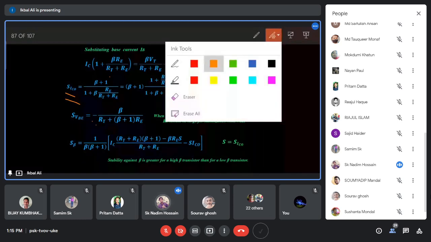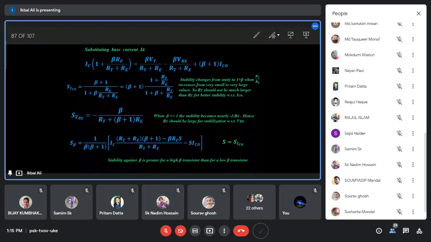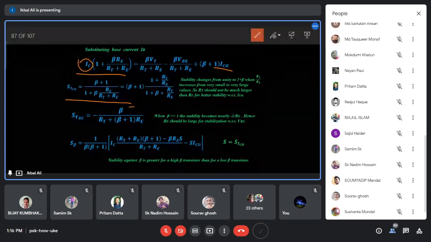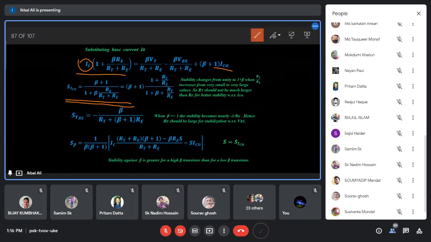ও আচ্ছা, ধরেই নিয়েছি এটা। না ধরে নিচ্ছি মানে কি, এই যে এক্সপ্রেশনটা এলো এটা কিভাবে এলো? এই ইকুয়েশনটাকে ডিফারেন্সিয়েট করে যদি ডেল আইসি বাই ডেল আইসিও বার করো তাহলে এইটা আসবে। সেই প্রসেসটা আমি করছি না, এই ফাইনাল এক্সপ্রেশনটা, এস আইসিও ইকুয়াল টু ডেল আইসি বাই ডেল আইসিও, সেইটা আমি এখানে ডাইরেক্টলি লিখে দিচ্ছি, এটা আসবে, ঠিক আছে?